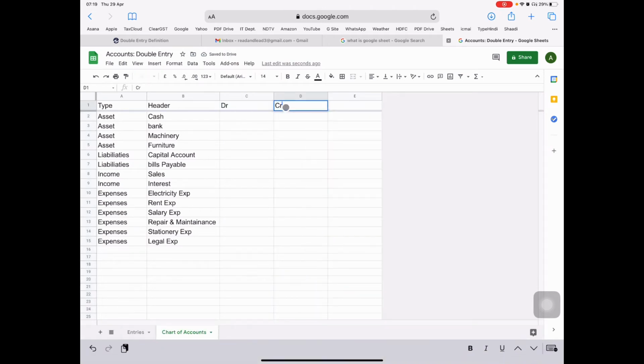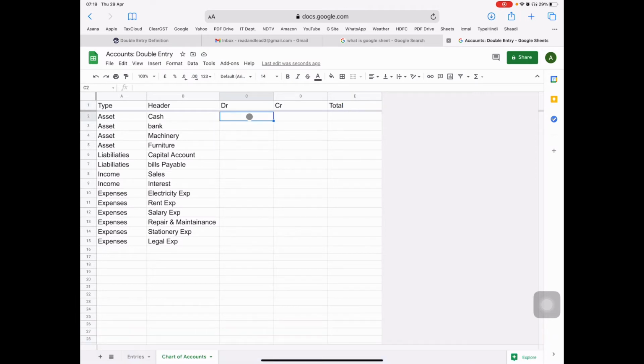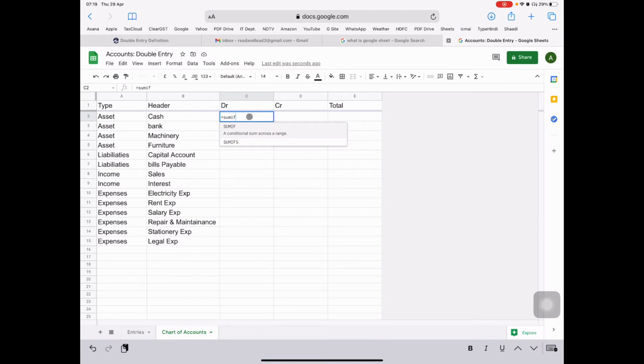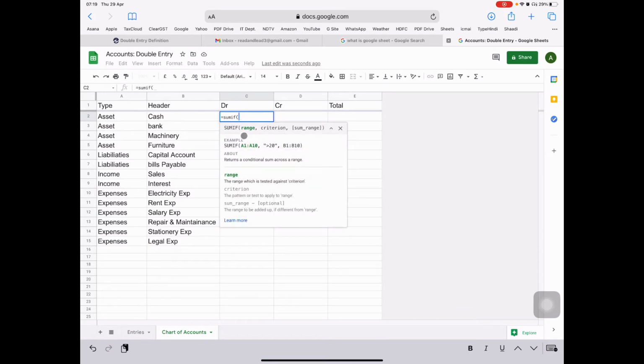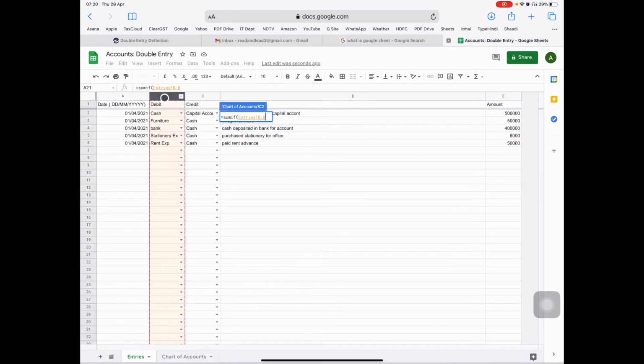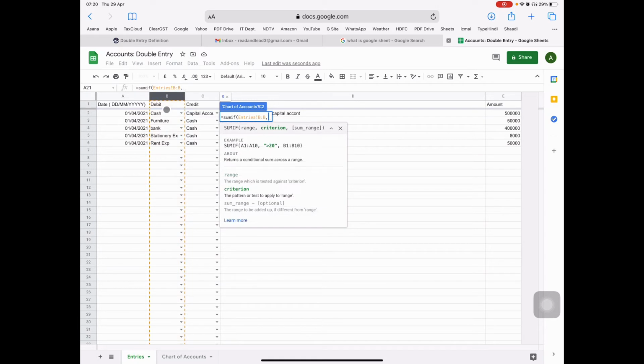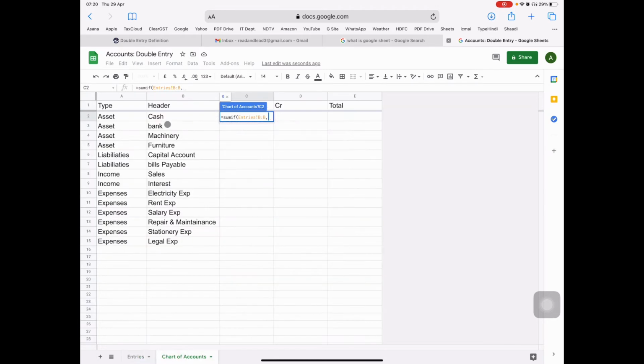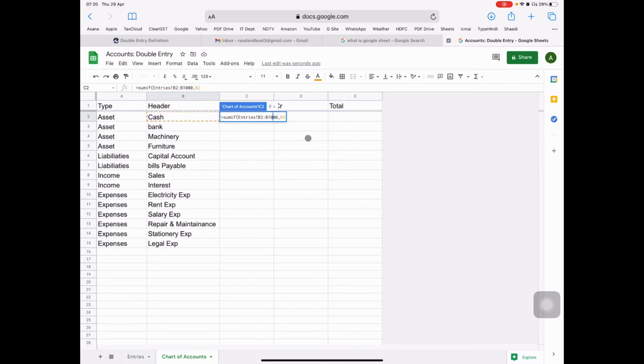I am just using the SUMIF formula: sum if in this range, check the value equivalent to cash, B2 to B1000, just lock them. You can press F4, but I'm working on an iPad, so on my keyboard it's not supported, that's why I'm putting dollar signs here.